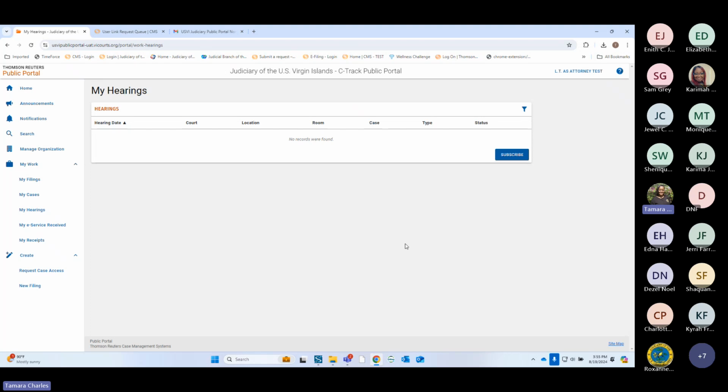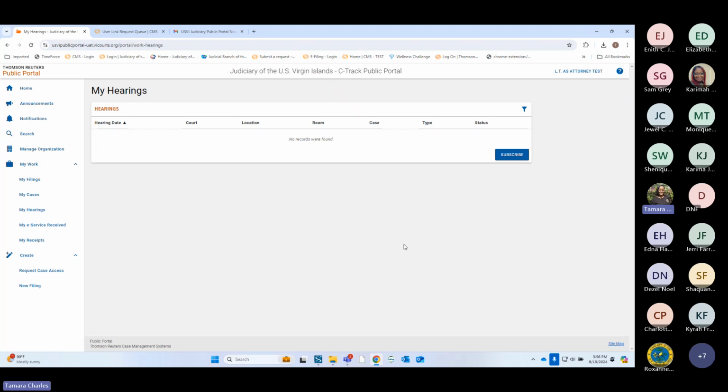It may not be the no reply CTRAC. It will be a different email address. So I will have to tell you, hey, look out for an email from this test email address, and then you could tell me if you got it. And then, of course, in your test form, if you got it and it was successful and you received what the court sent, then we ask that you put it on the test form and say, yes, I received it. It was successful, without delay or something like that.